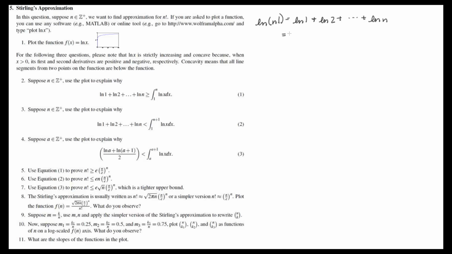So this is another way to write this, is to group the natural log 1, natural log 2 up to the natural log of n minus 1 plus natural log of n. So this here we know something about by equation 2. We couldn't keep the natural log n in because we have this index going up to n plus 1. So we know that